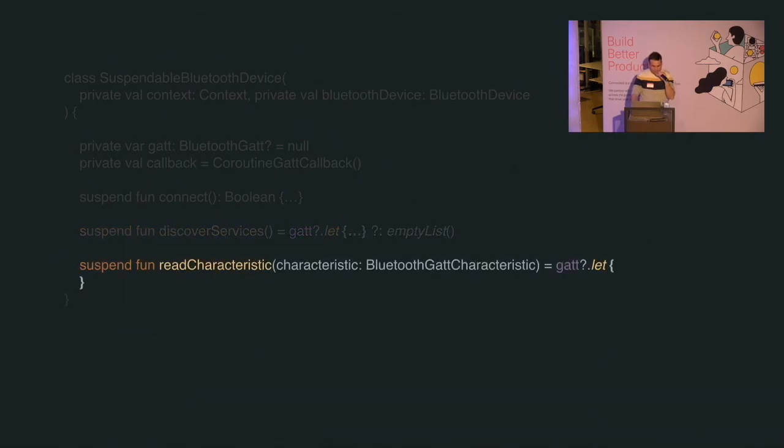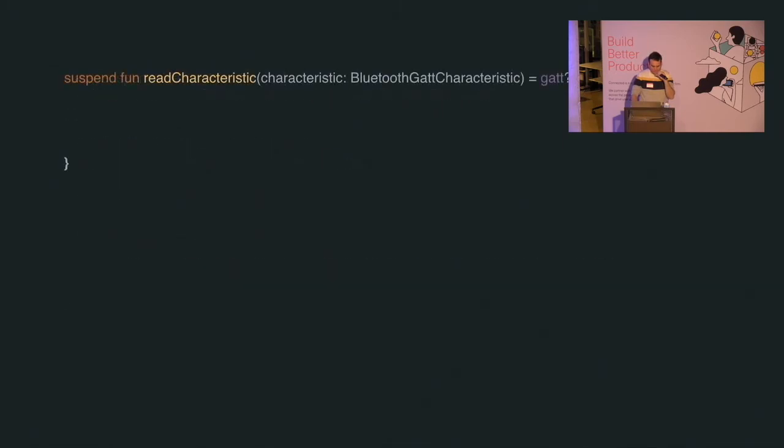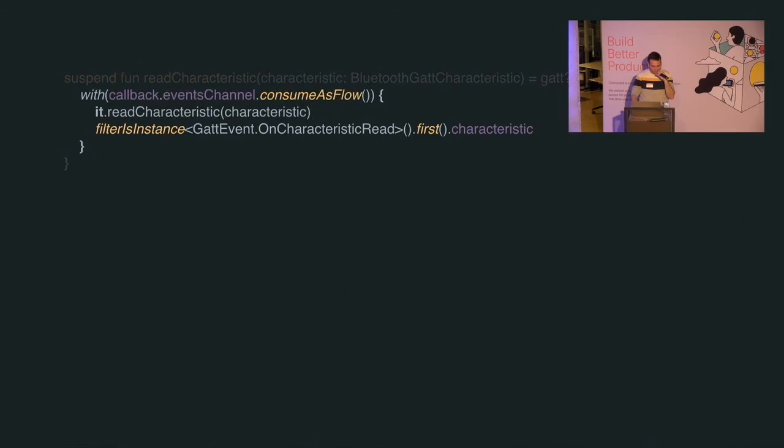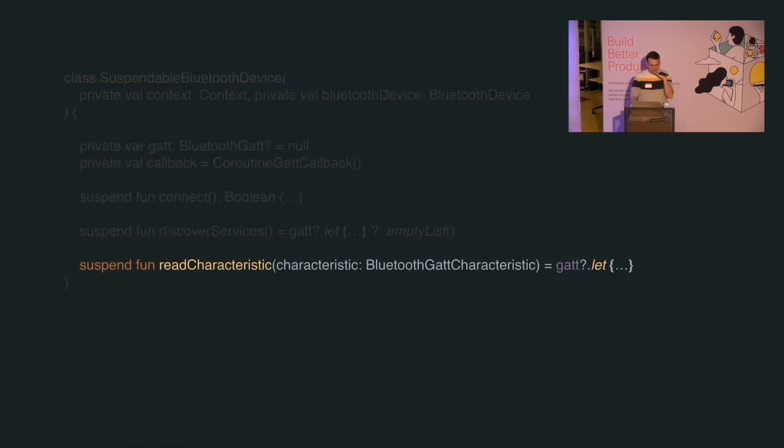So let's collapse that, and let's do the same thing, a public method to read a characteristic. So let's clean this up. We do exactly the same thing here, right? Waiting for the first event of a certain type. Now this type will be characteristic read. Okay, so here we are. We have a wrapped